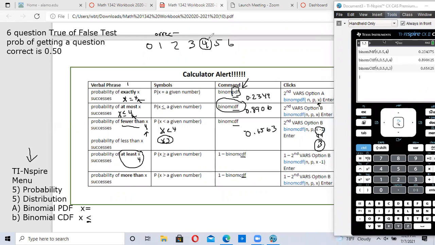So this is correct, this is correct, and this is correct. At least 4 means 4 can be correct, 5 can be correct, or 6 can be correct. So at least 4 means these 3 can be correct. Well, we already know that